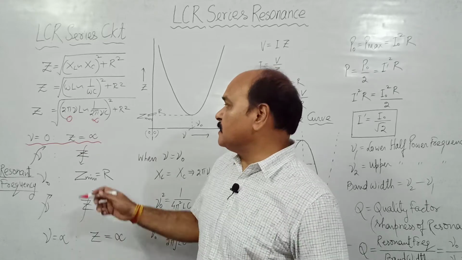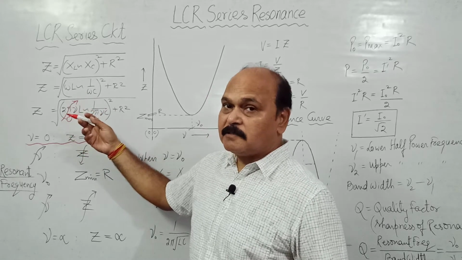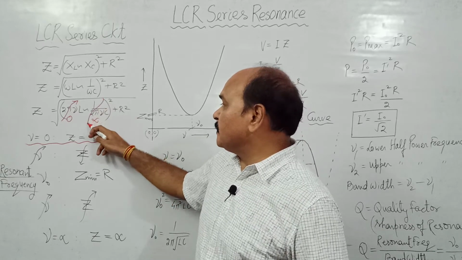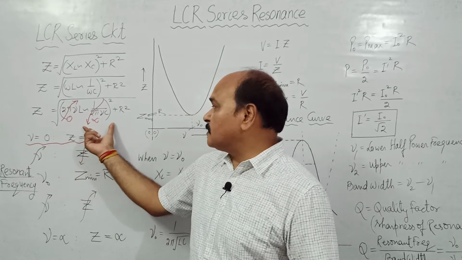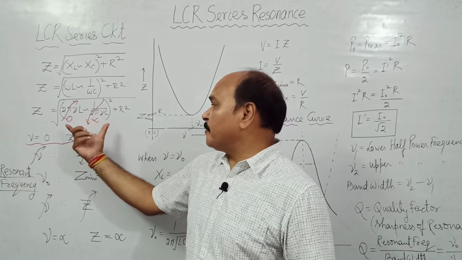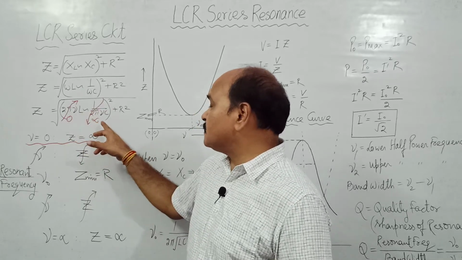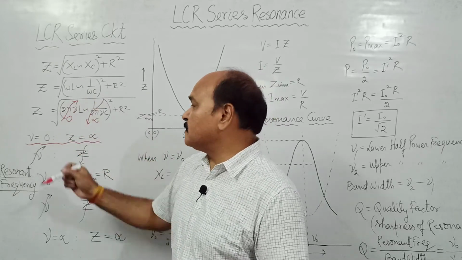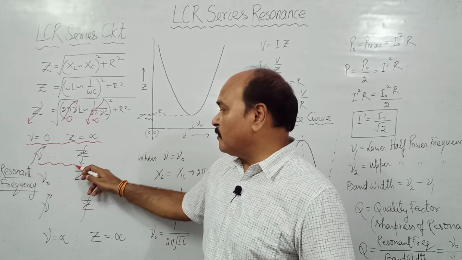Now see, when frequency is increased, the value of this term XL increases. It was initially 0, now it increases. And this term XC, which was infinite, with the increment of frequency, the value of this term decreases. So this term increases with the increase of frequency, this term decreases with the increase of frequency. Therefore, what happens? This difference decreases. As this difference decreases, well, the whole term over right hand side decreases. That means the value of Z decreases. And that is what is written here. With the increase of frequency, the value of Z decreases.